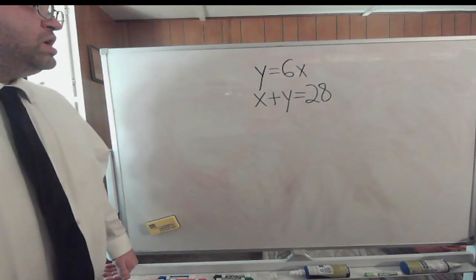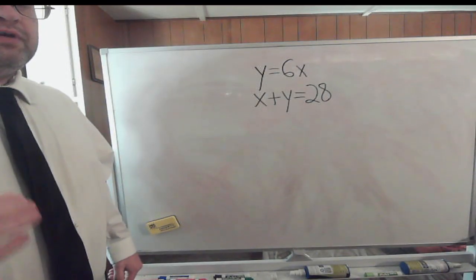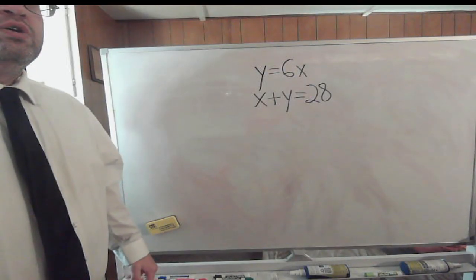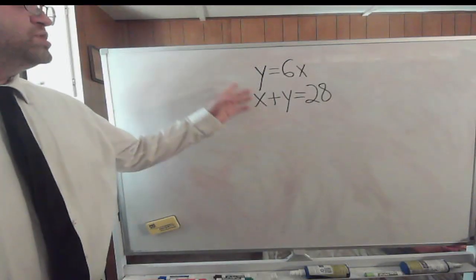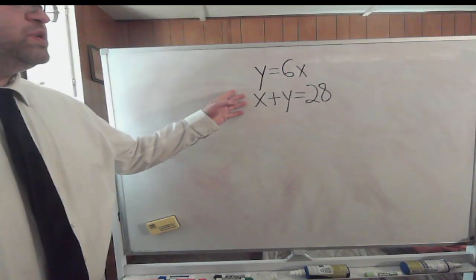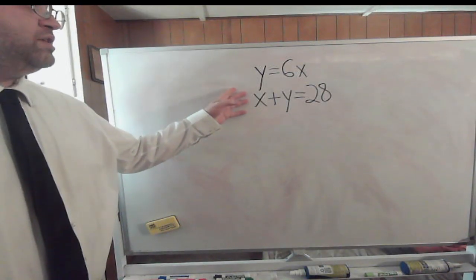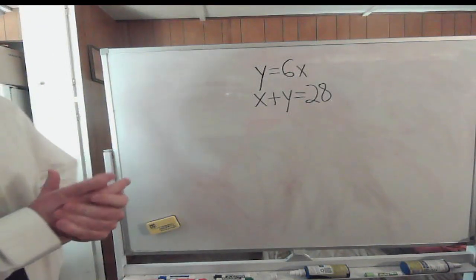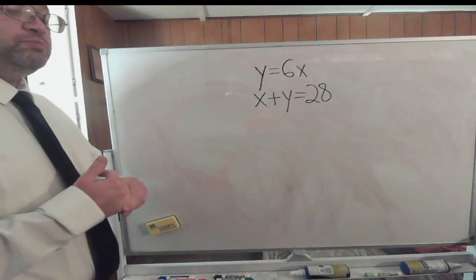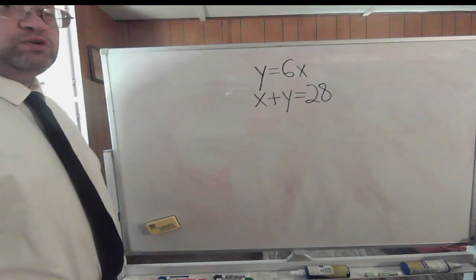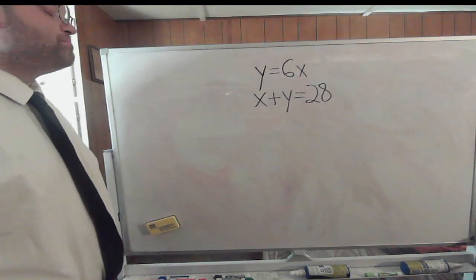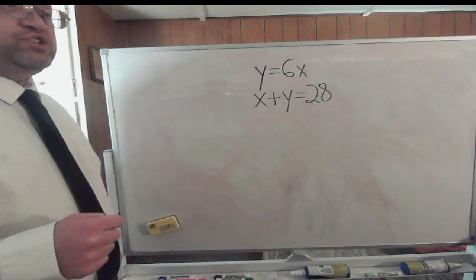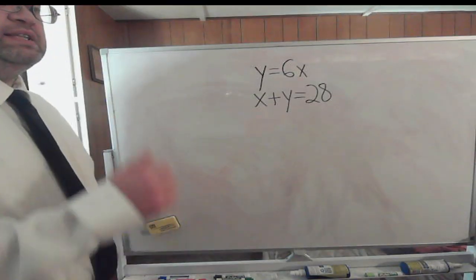Well, let's talk about graphically for a minute. These represent two different equations of a line. If you were to graph them, to solve a system of equations, what you're trying to ultimately figure out is where do these two lines intersect. That's exactly what you'll get. Your answer will be an x and y coordinate. It'll be an ordered pair. So you can solve systems of equations graphically just by simply drawing the two lines and then seeing where they intersect,